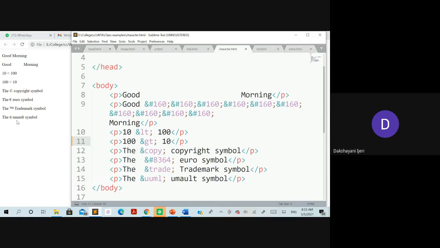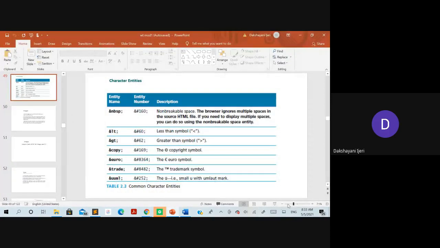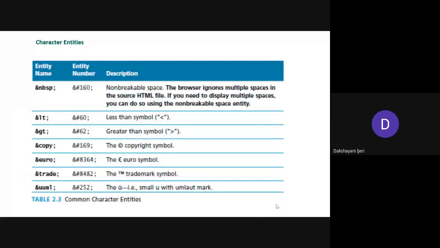So these are a few examples that have been given in your book or as a part of the syllabus, to show you the possible character entities that are supported by HTML. You might have other character entities as well. Whenever it is required, when you are developing a web page, you can even search for the different notations. Okay. So are you clear with these character entities?